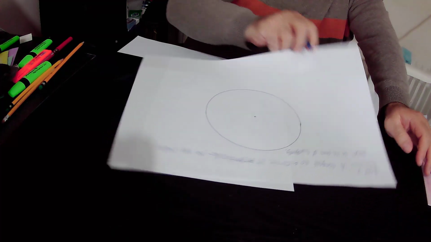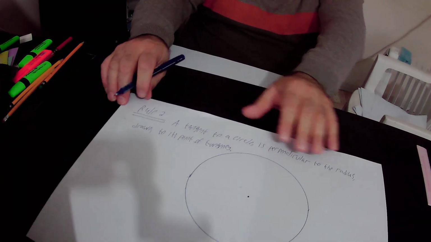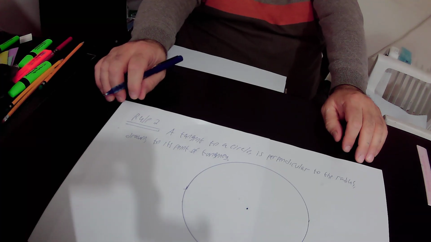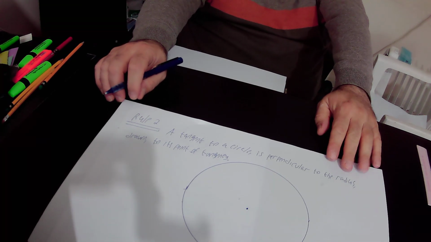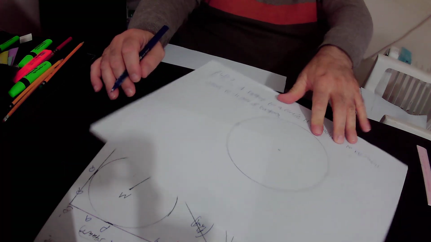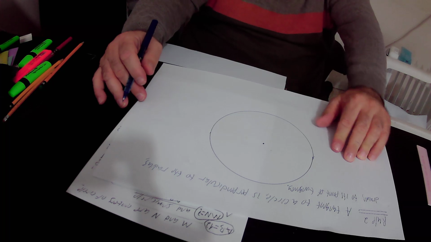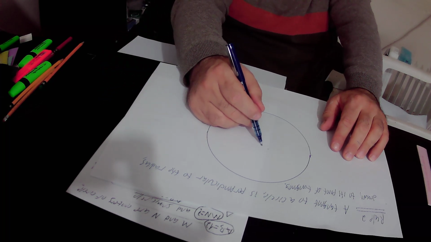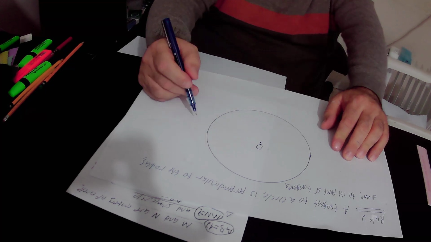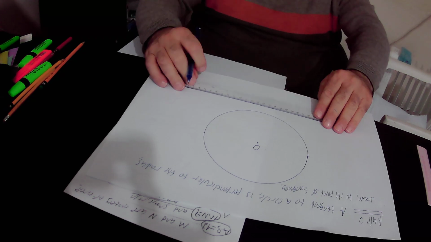I will read rule number 2 again. According to rule number 2, a tangent to a circle is perpendicular to the radius drawn to its point of tangency. So what is the meaning of rule number 2? The meaning is that if we have this circle and the center of this circle is at this point, point O, and we also have tangent AB to this circle,